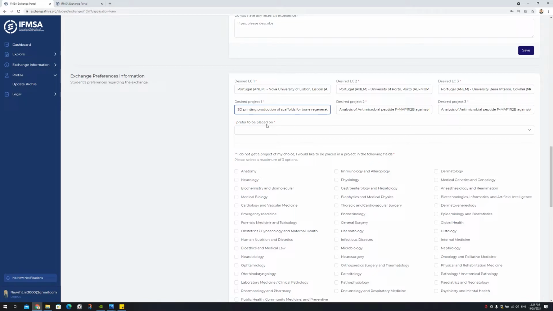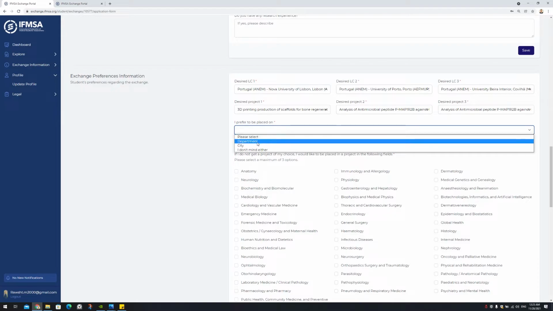I prefer to be placed on. Basically, this question is asking you whether you want to prioritize the city or the department. For example, for professional, say in general, otolaryngology. To prioritize the otolaryngology. Well, no, I don't mind whatever the city is. I just want to go to that specialty. So I prefer to be placed on department, city. I don't mind either. So according to your preference,